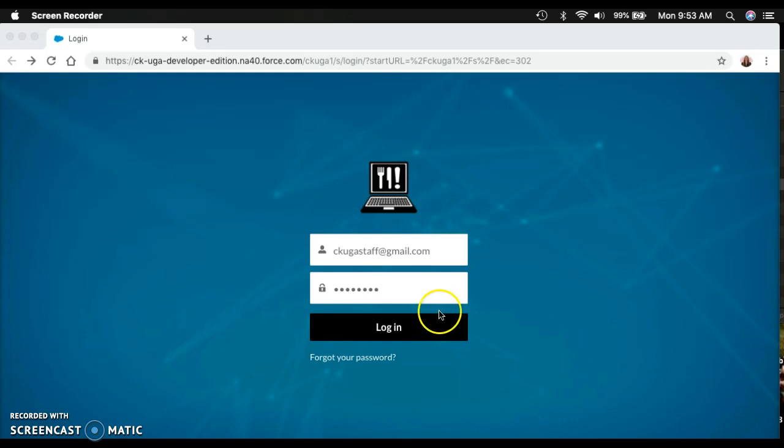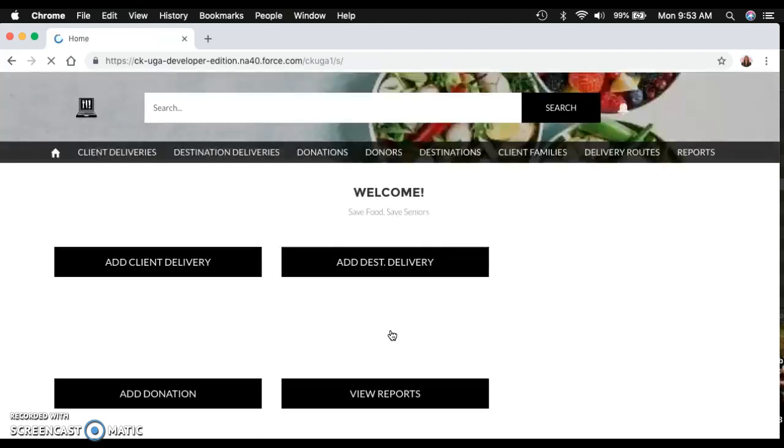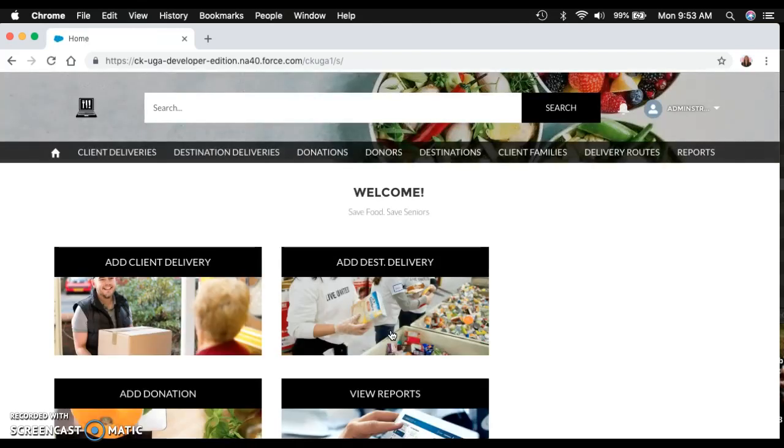So right now we're going to look at the administrator account, so you'll enter your admin credentials and then click Login, and you will be welcomed by this home page. So the client mentioned three main issues that they were having. One is data latency, two is operational myopia, and three are their transient volunteers. This solution addresses all three of those, and we're going to show you a little bit of how we address